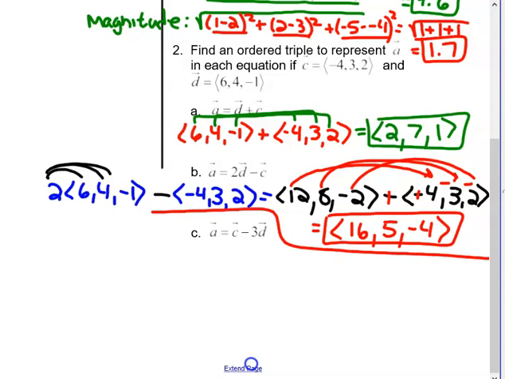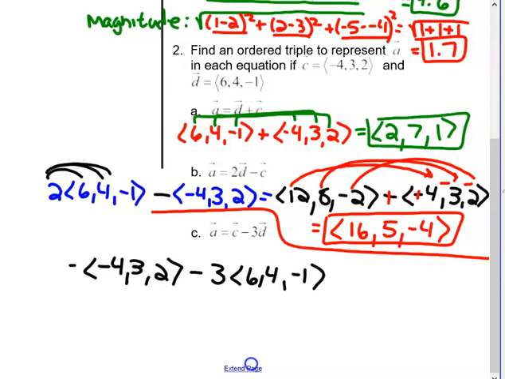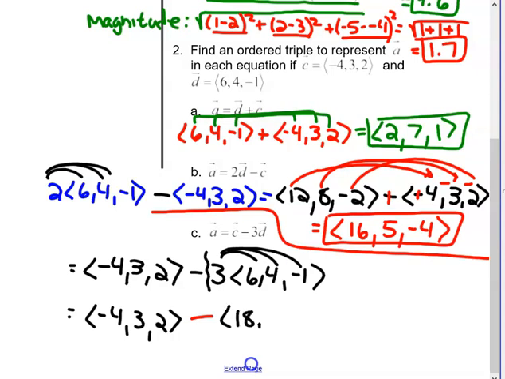Okay, and then C, if I do just one more, C, and I minus 3 times D. So again, we're going to do our multiplication of 4. The one thing I just want to point out with this, it gets a little confusing, is do we multiply by -3 or +3? I would just keep that a negative, keep this separate, and then multiply the 3. You could multiply by -3, but then that negative has to be a plus. So let's just keep that as a minus, and then we end up with 18, 12, -3, and then we